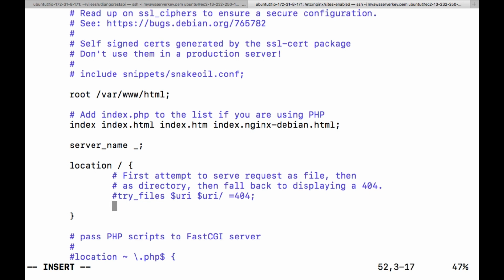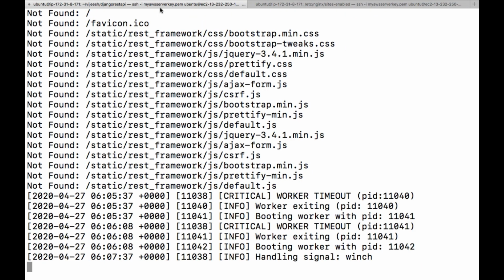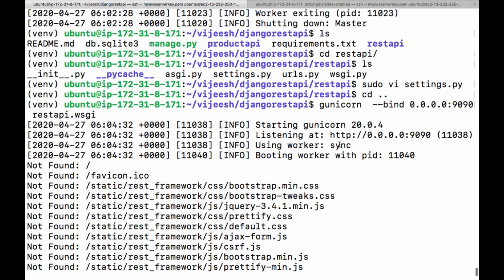Here I am providing some small configuration, proxy underscore pass http colon slash slash 0.0.0.0, that is the Gunicorn instance running on the same host, and Gunicorn is running on port number 9090, right? So this is where Gunicorn is running, and Gunicorn is bound to the Django WSGI file. So that is the basic connection happening.